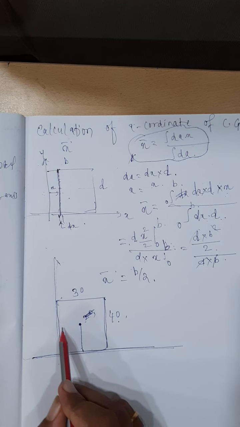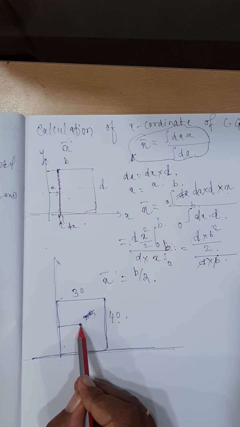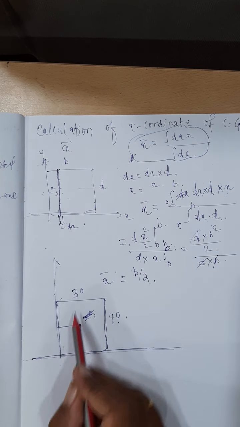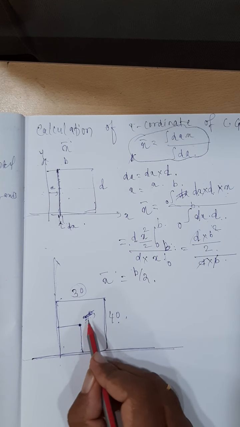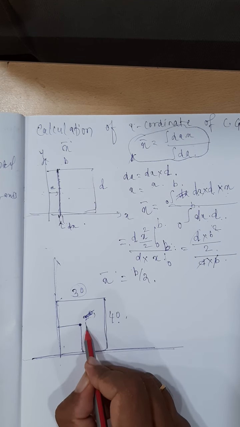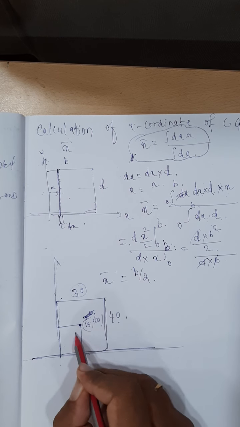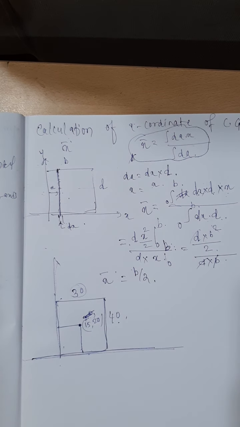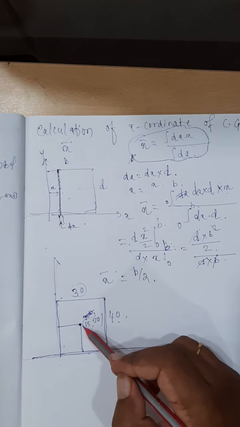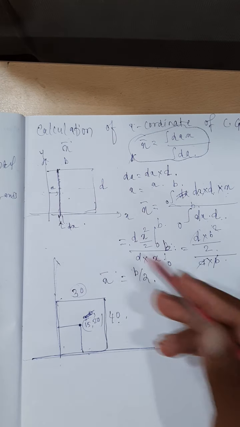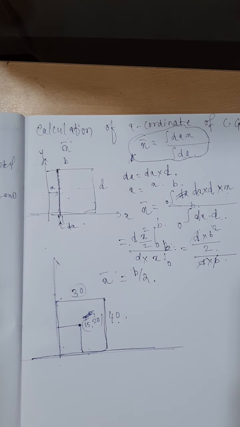And from here to here the distance, we are calling it the x distance. Whatever this dimension is, that divided by 2. That is, here it is 15 and here it is 20. Here is the center of gravity of the figure. Earlier we did not know it. First we have calculated it, then we need to use these calculations afterwards.